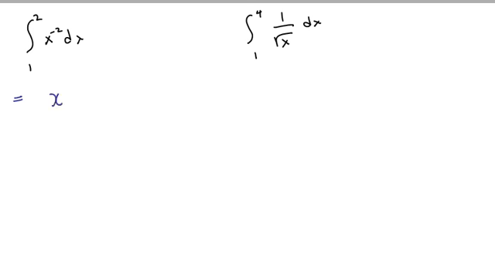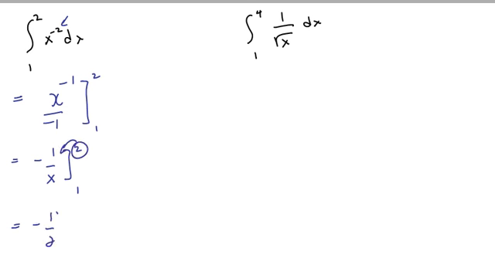So we're going to apply this general power rule in reverse. We're going to add 1 to this exponent, so -2 plus 1 is -1, and divide by -1. And we're going to evaluate that at 1 and at 2 and subtract the two. So that means I'm just going to simplify this before we go. So that's 1 over x evaluated between 1 and 2. So it's the top one substituted in first,